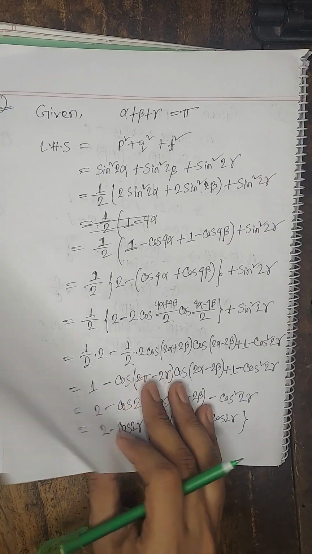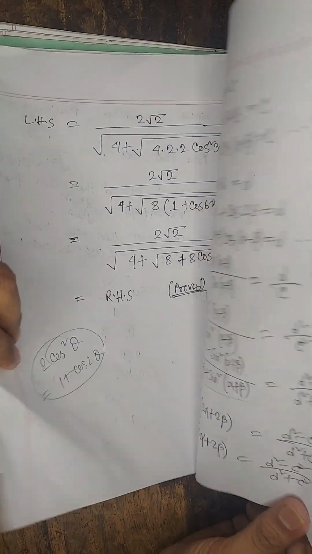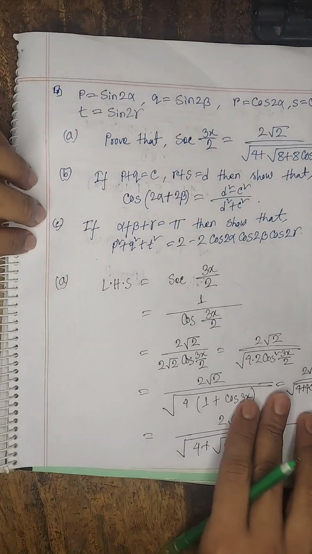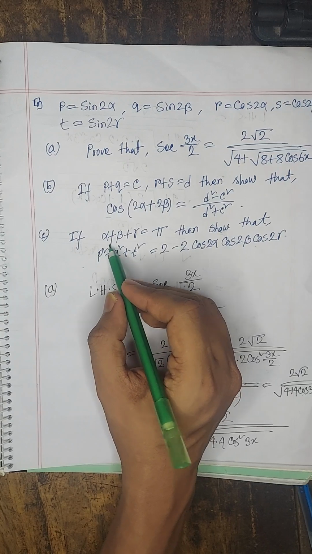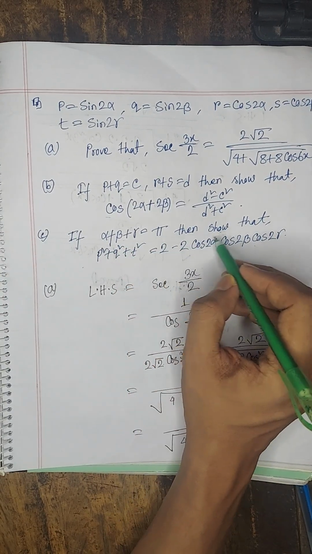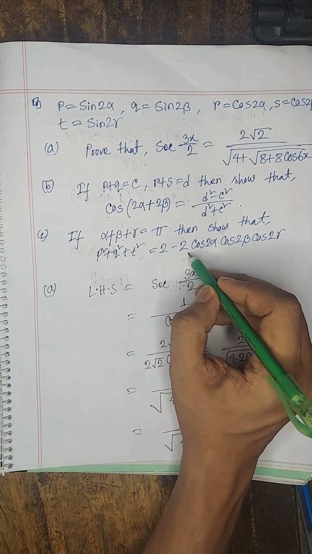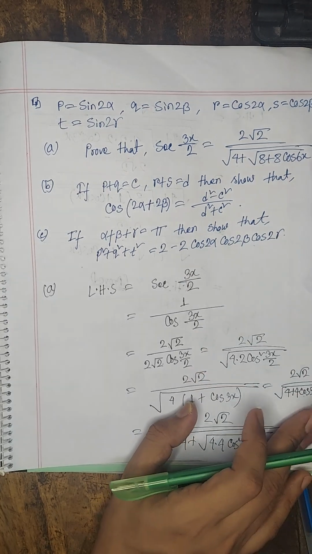Now in the third part, we have to show if alpha plus beta plus gamma is equal to pi, then we have to show that p square plus q square plus t square is equal to 2 minus 2 cos twice alpha cos twice beta cos twice gamma. Okay,